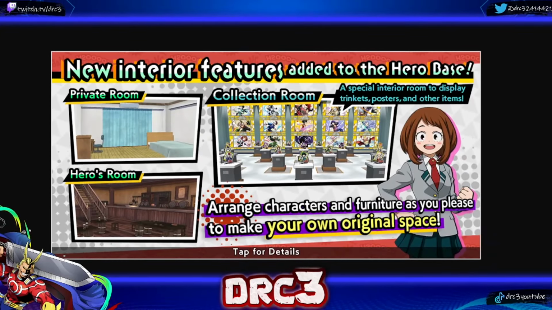The very first new update that is currently in the game is they added new interior features to the hero base. You have a new private room and a new hero room and a new collection room. I think the collection room is going to be the coolest room because you're able to get, if you look at that picture, all of those posters, all of those trophies up in one room, and I think that'll be really, really cool. And as far as hero bases go, it's okay. I mean, the hero base still isn't super useful,